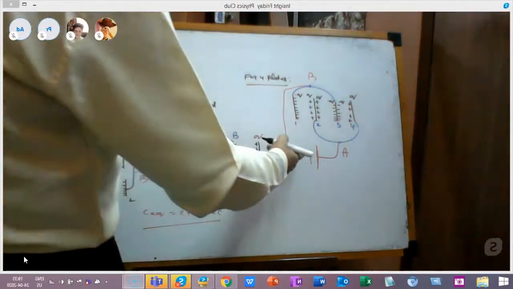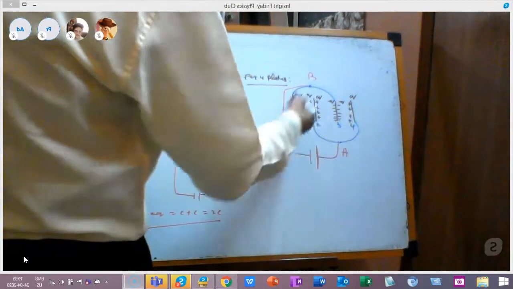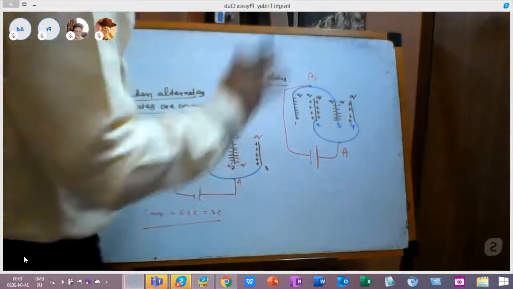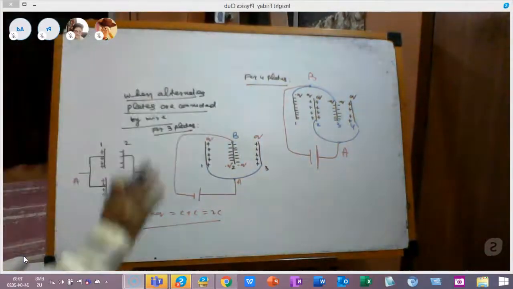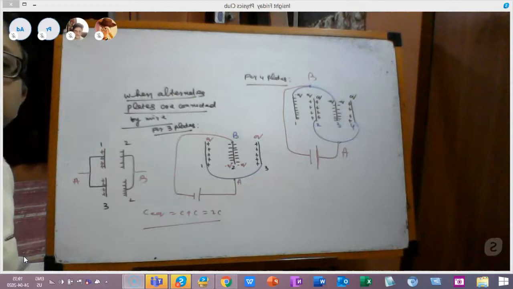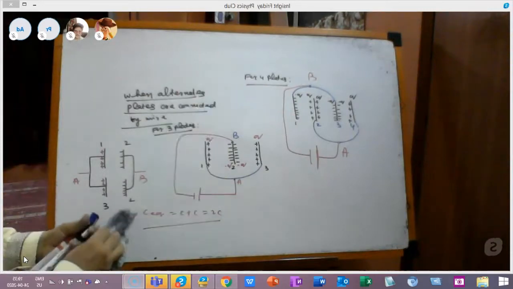So what is the net charge provided by the positive terminal? 2Q plus Q, that is 3Q, and from the negative terminal minus 2Q minus Q, that is minus 3Q. So I think all of you understand the charge distribution here: the net charge received by the plates from the positive terminal is equal to the net charge received from the negative terminal. They are equal and opposite, plus 3Q here and minus 3Q here. Now see what is going to happen over there.